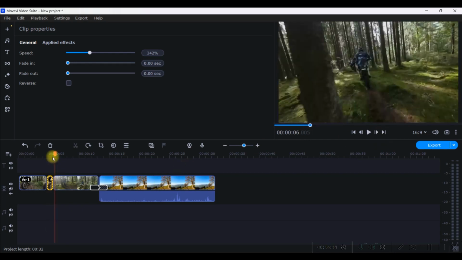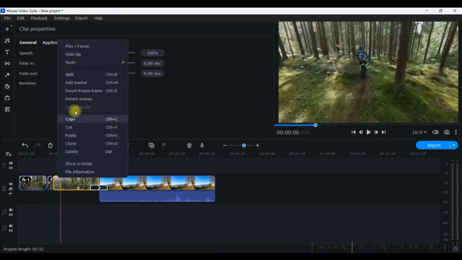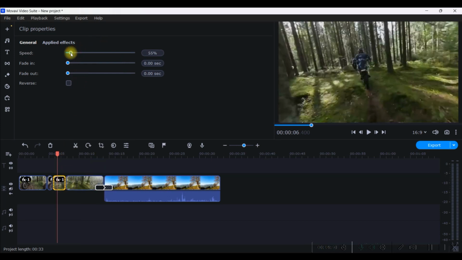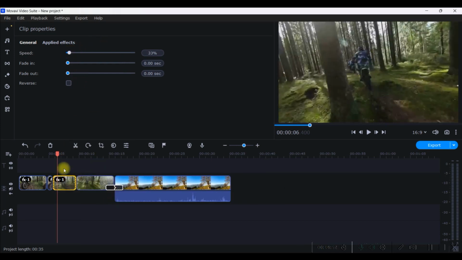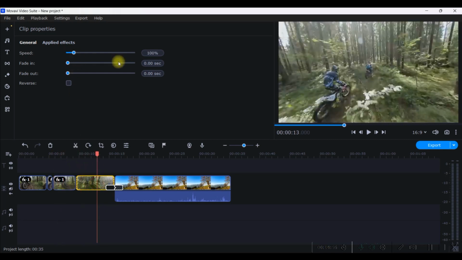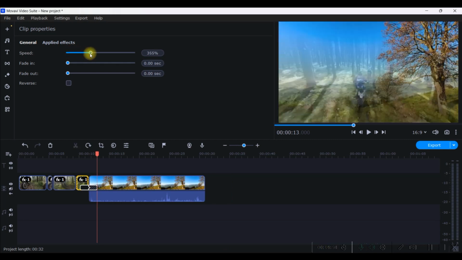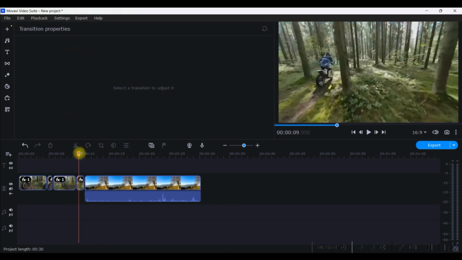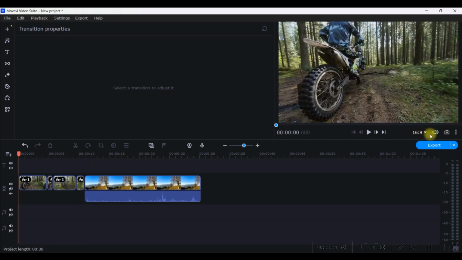Again here you can give a split, and here again you can reduce the speed to suppose 33, and then here again you can give a faster speed, right, like this, and check how this turns out to be.